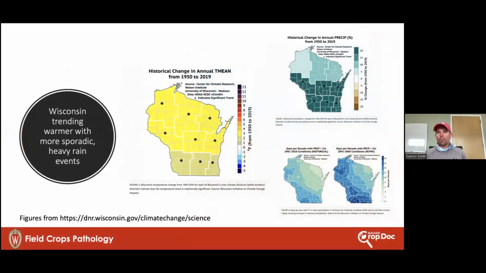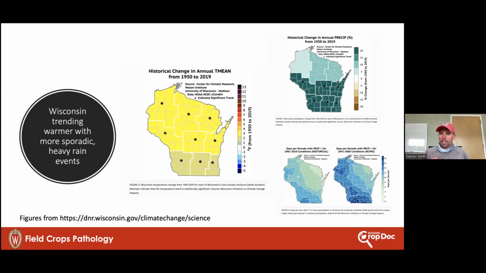We can then look at what's going on historically with weather and start to put all these pieces of the puzzle together. And some of you may have seen this; I've been talking about this past winter. This is data from the DNR, just looking at temperature departures and also precipitation amounts compared to data going back to 1950. And essentially what we're seeing, and this is just documented data that you can find on the internet from the DNR, is that our temperatures are rising. So we have warmer temperatures on an annual basis on the order of about 2 to 3 degrees Fahrenheit.